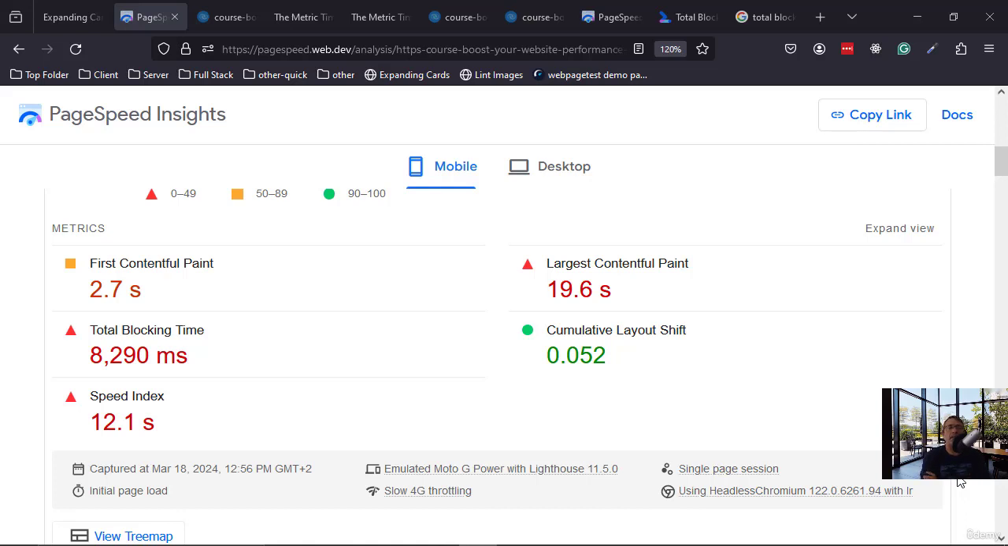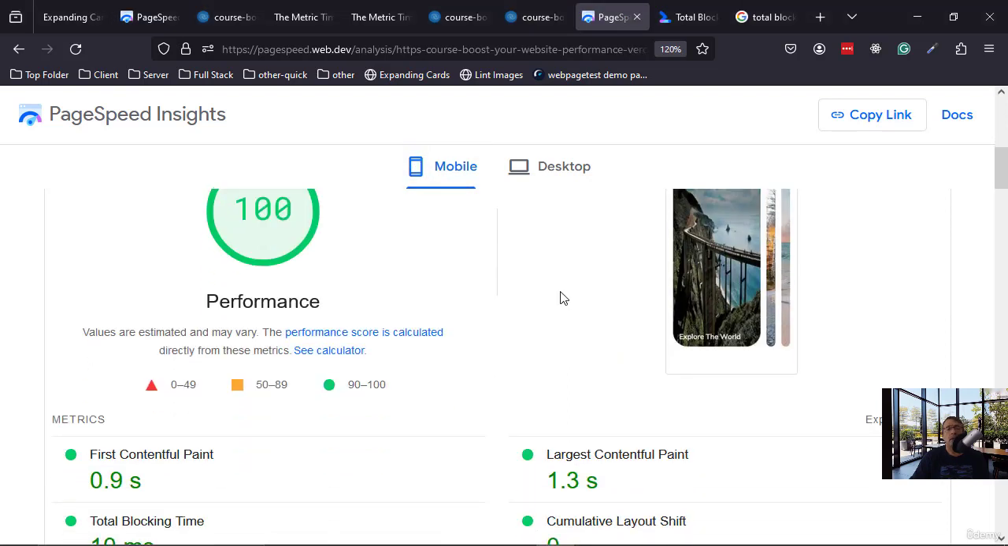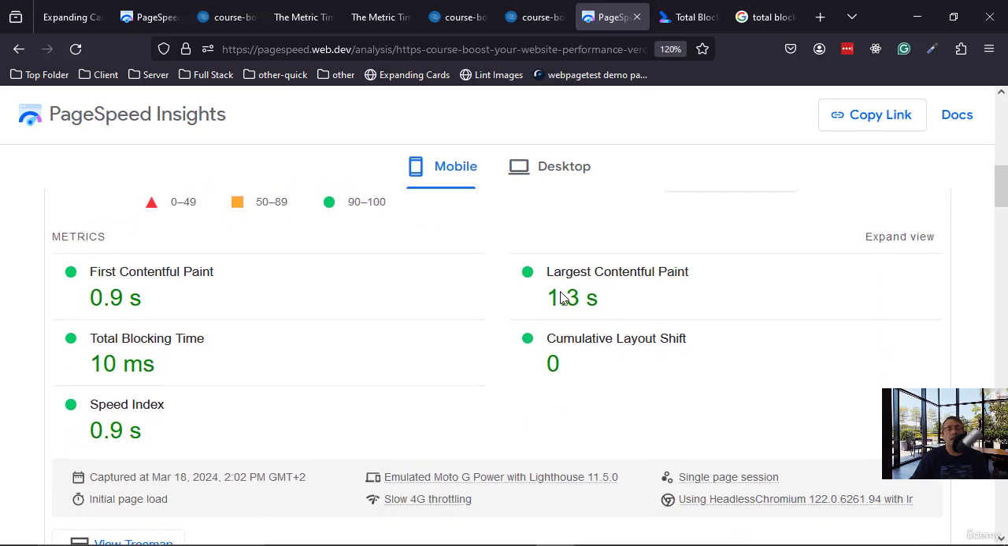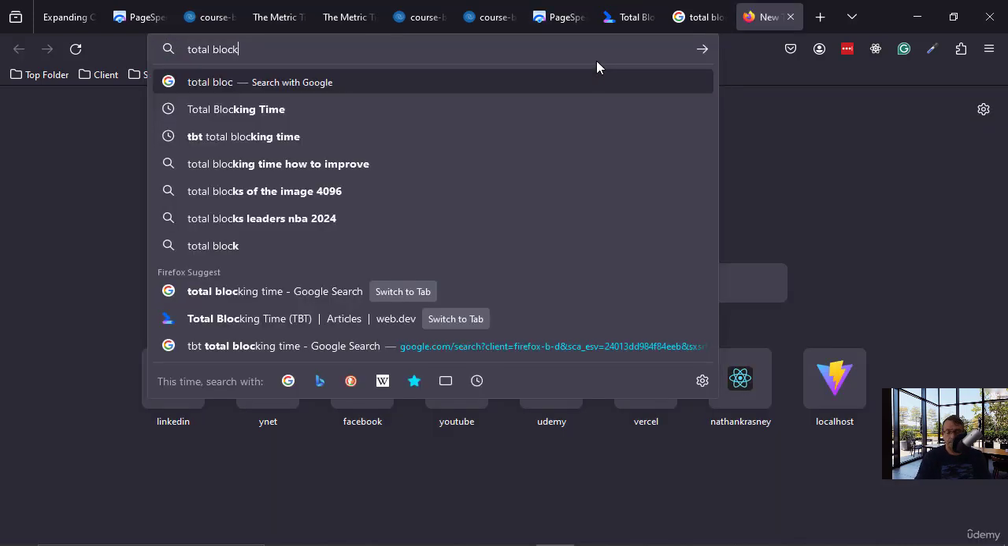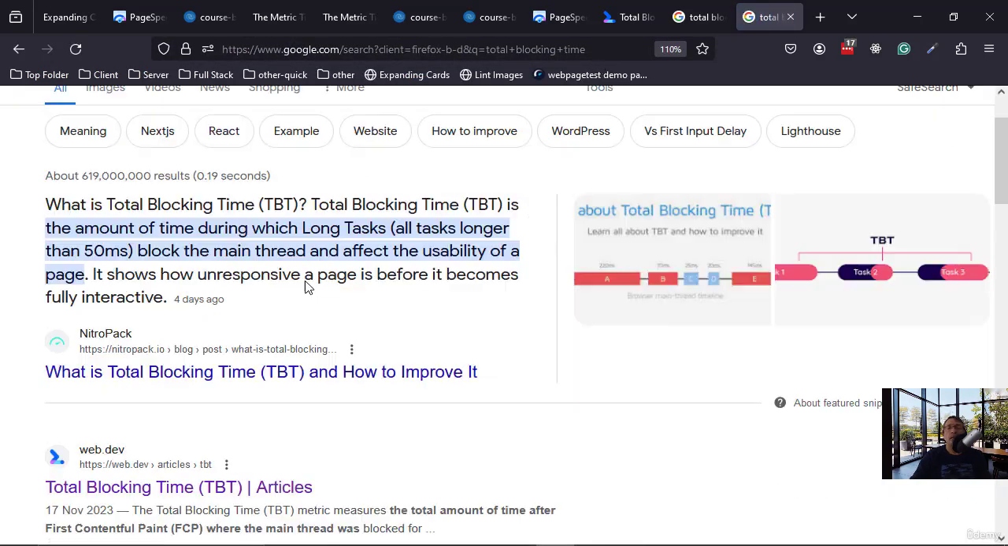Looking at the PageSpeed Insights metrics, we see here a huge total blocking time. And if you remember, in our last example, total blocking time was really approaching 0. So the question is, first, what is total blocking time? If we search for it, you will see that this is the time at which long tasks block